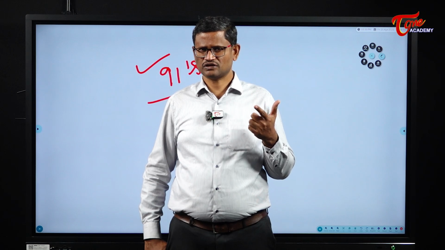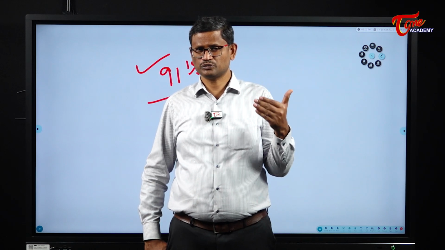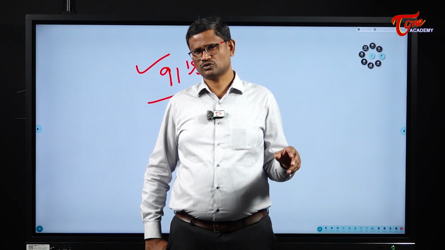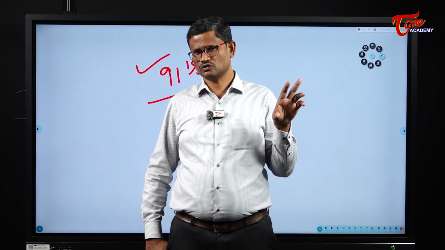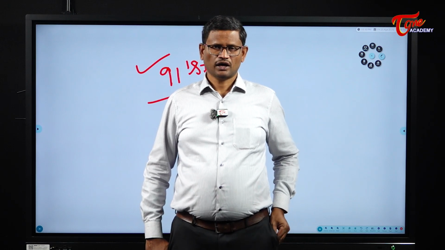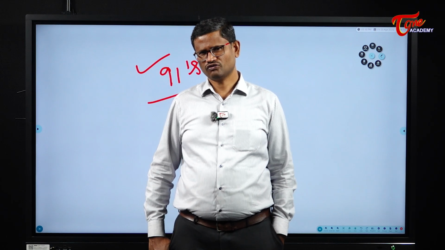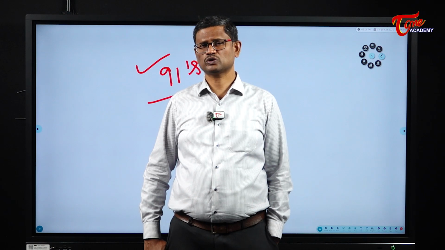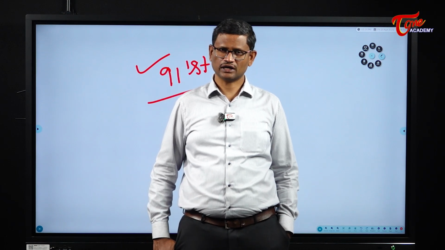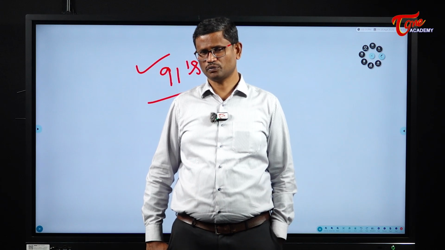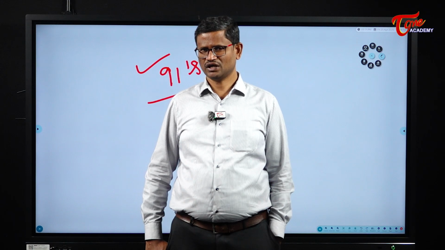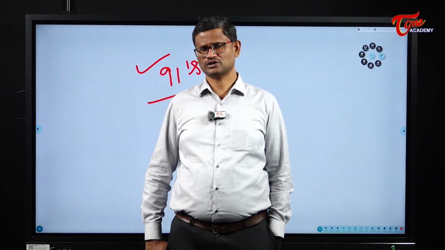The maximum size of the Council of Ministers cannot exceed 15% of the strength of Lok Sabha. In other words, the Constitution has put a limit on the size of the Council of Ministers. Then, as I said, soon after the general elections to the Lok Sabha, any party which secures more than 50% of the seats in the Lok Sabha, or if there is a coalition or a group of political parties which has secured a majority of the seats, from that party or coalition, the leader will be asked to swear in as the Prime Minister of India.